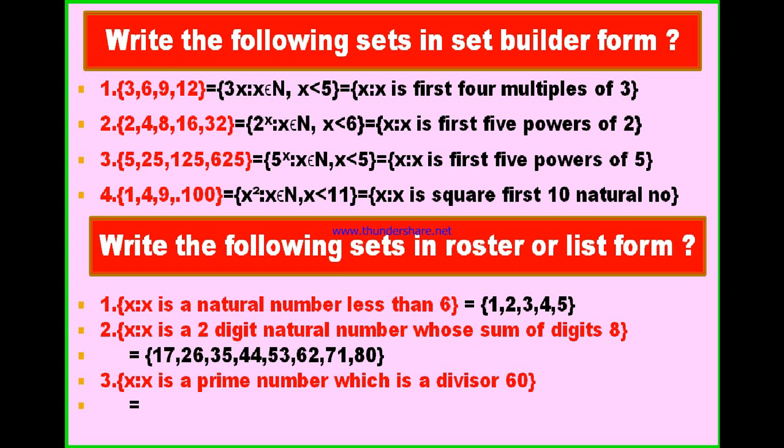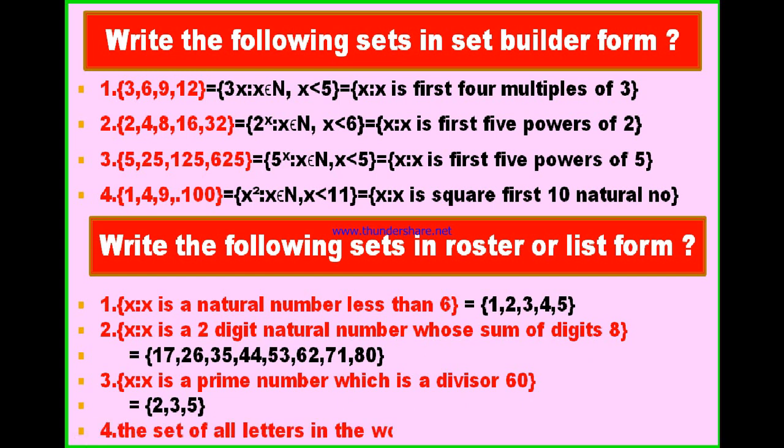Now what are the prime numbers that can divide 60? 2 is a prime number, 3 is a prime number, and 5 is another prime number. Of course, 4, 6, 10, 15, 20, 60 all can divide 60, but they are not prime numbers. Among all the divisors of 60, only 2, 3 and 5 are prime.